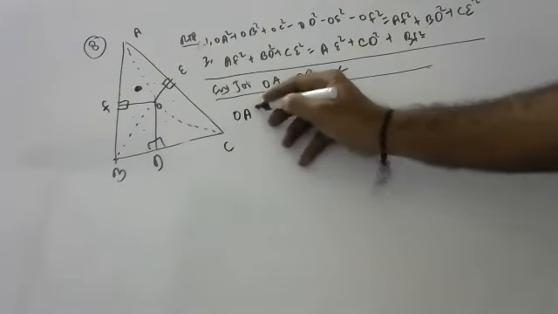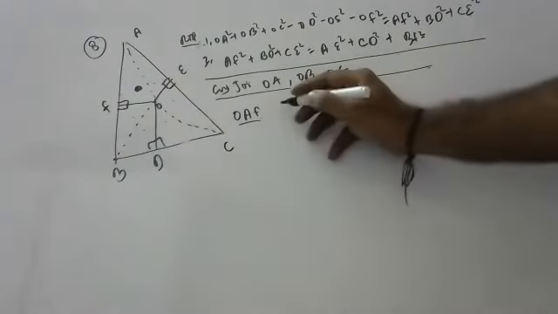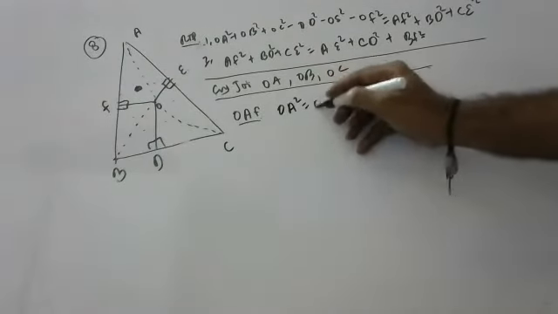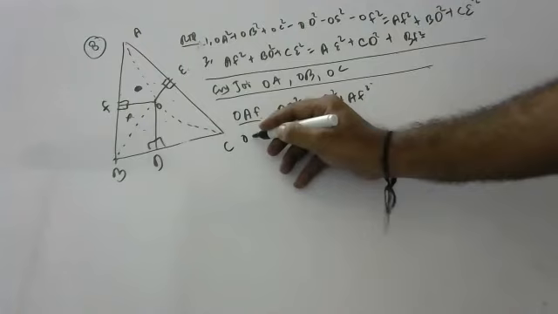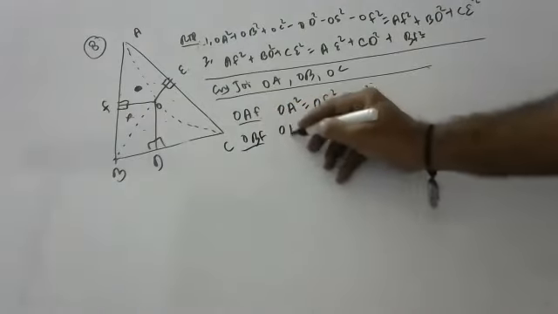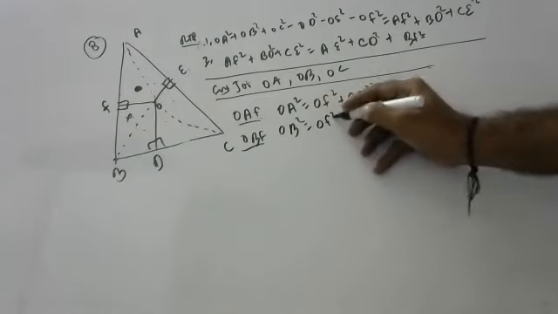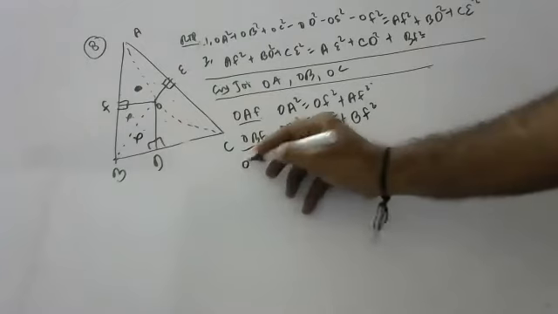So for OAF, can I say, tell Nana, for OAF, Pythagoras theorem: OA square is equal to OF square plus AF square. For this, Pythagoras: OB square is equal to OF square plus BF square. For this right angle triangle,